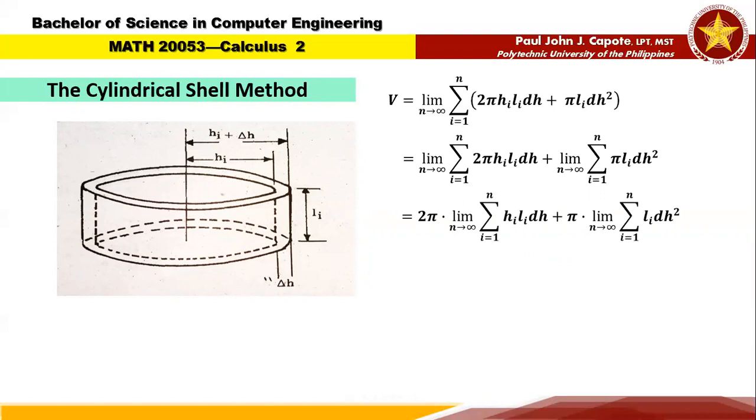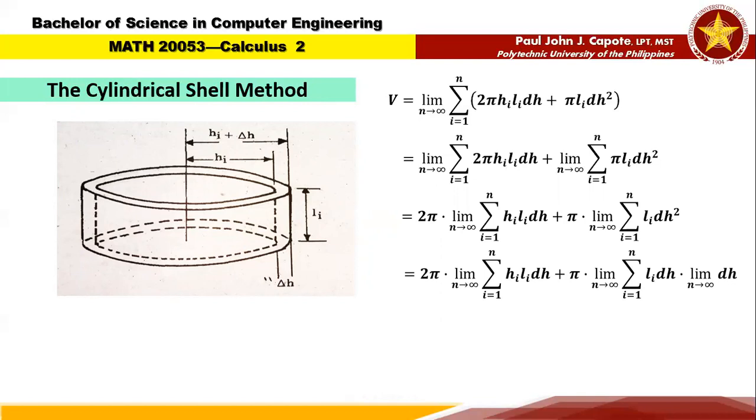Simplifying further, by applying the rules of summation, since 2 pi is a constant, we have 2 pi times the limit of the summation of h sub I L sub I dH, where I starts from 1 to n, and n approaches infinity, plus pi, the constant of the second term, times the limit of the summation of L sub I dH squared, where I starts from 1 to n, and n approaches infinity. And then